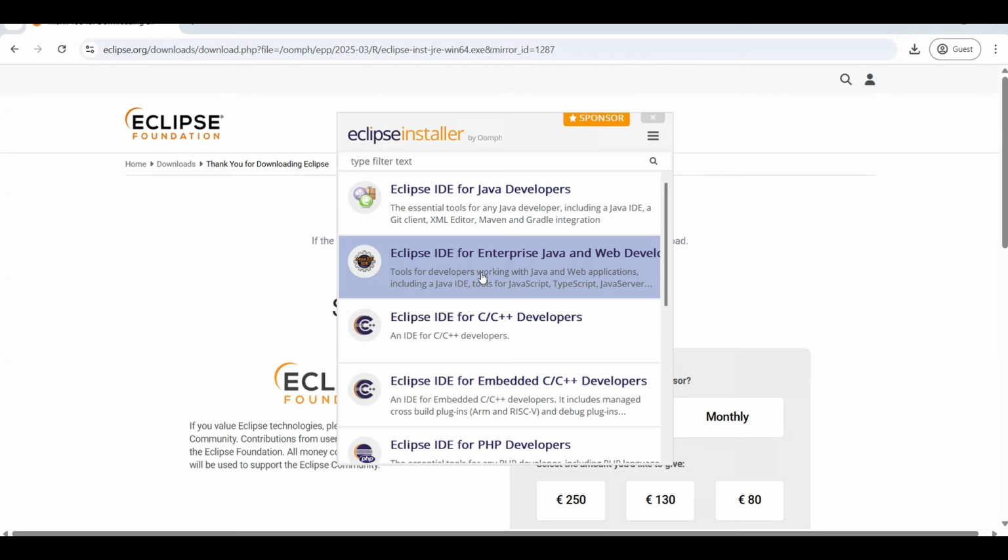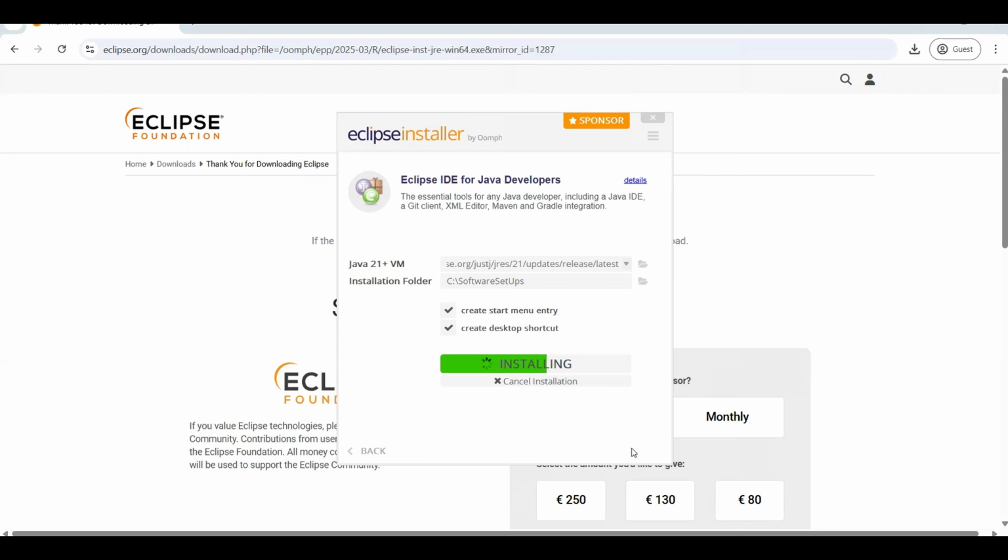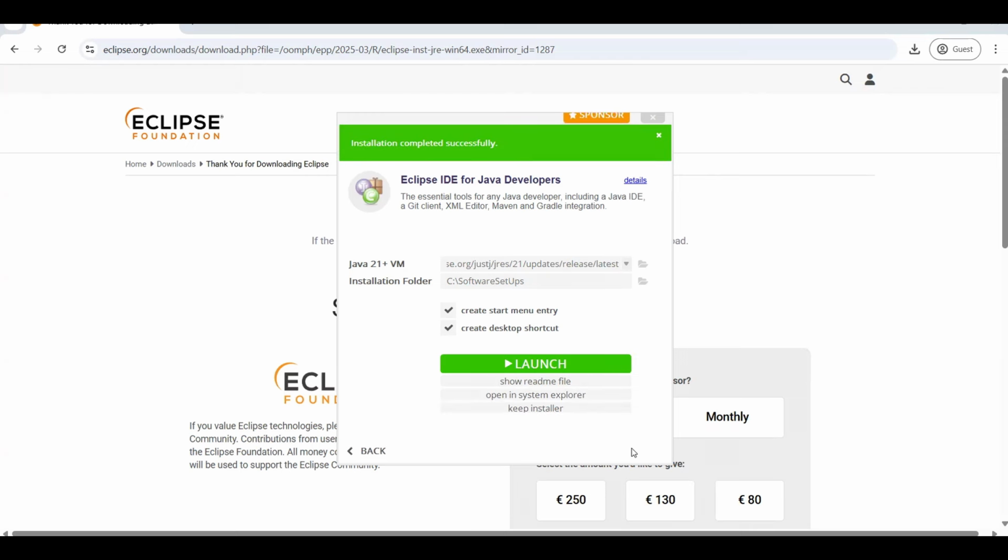I'm going to change the location of the package. I'm going to select the one that I always do. I'm going to keep my setup here. Click on install. This step also can take time because, like I said, Eclipse is a bigger package with too many things to get installed. But once your Eclipse and JDK are in place, you wouldn't really need anything to complete core Java. You will be able to practice as many examples as you want, and everything will be just there. You only have to click and start it.